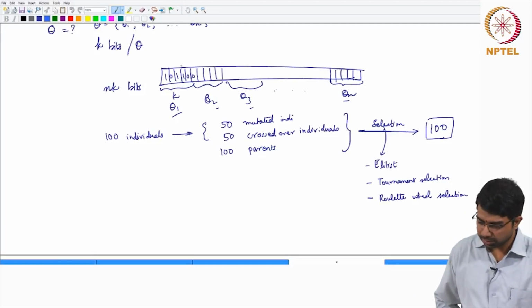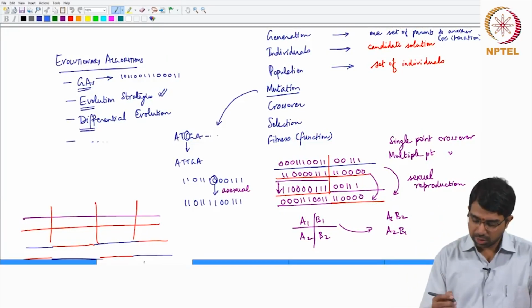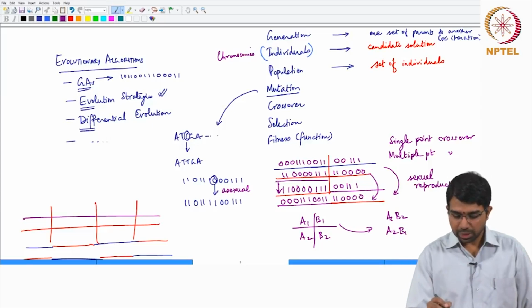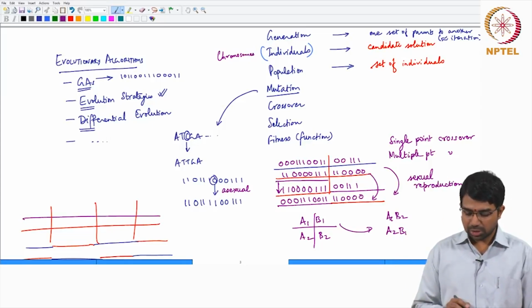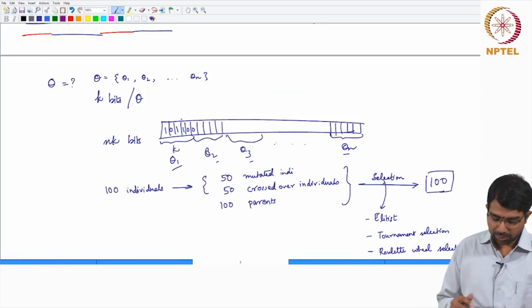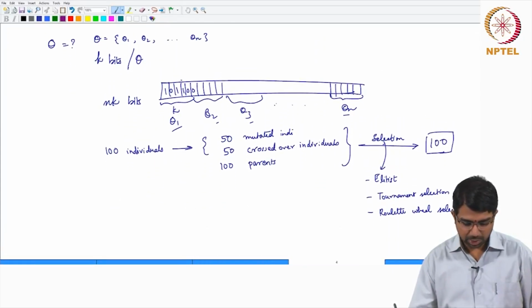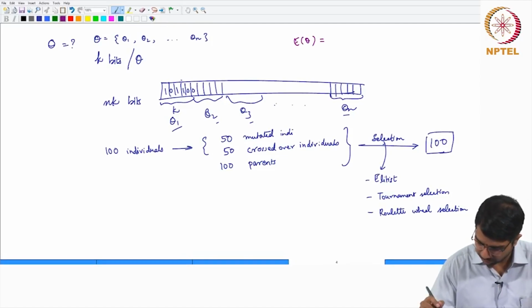We looked at a bunch of concepts yesterday, essentially those of what is a generation, what are individuals, or in fact they are also called chromosomes, then the concept of what is a population, then mutation, crossover, selection and so on, and how do we apply this to a practical problem, right. What is a practical problem that we have on hand? We need to estimate, we have this sort of a cost function, E of theta